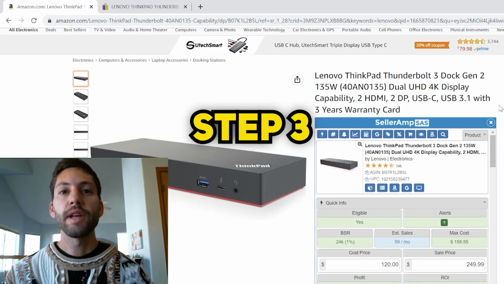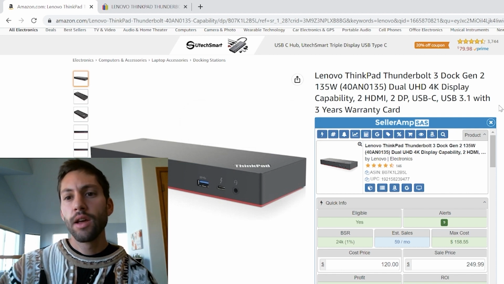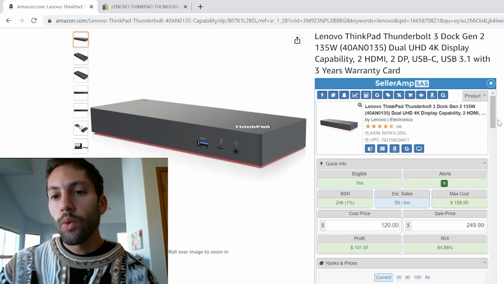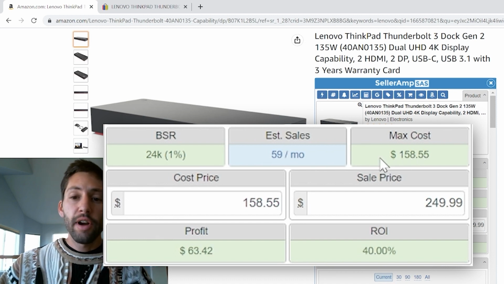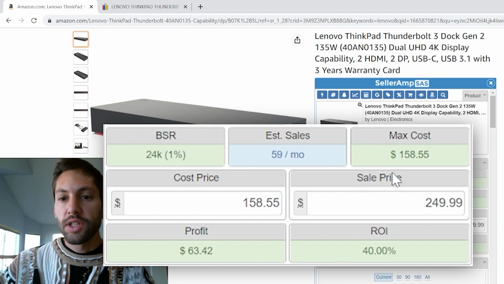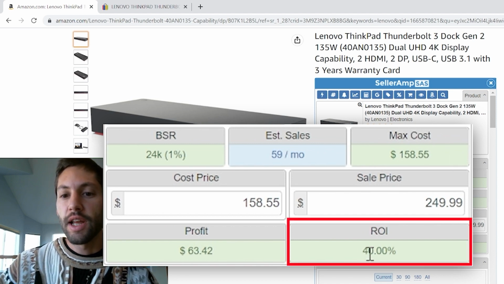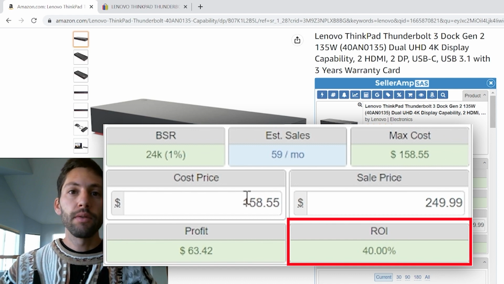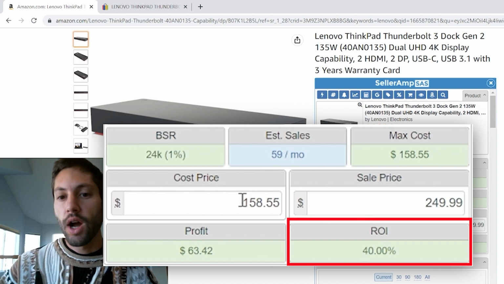And then step number 3, now that I know that this listing doesn't have IP issues and that we are going to be able to sell this new for $250, we put the $250 in and then we determine how much we are willing to pay for this item. So SellerAmp has a feature where you can say what your minimum ROI is going to be. For mine, it's set for 40%, and then it's just going to give you the price right here. So if we want to make a 40% ROI on this item, we're going to have to purchase this for under